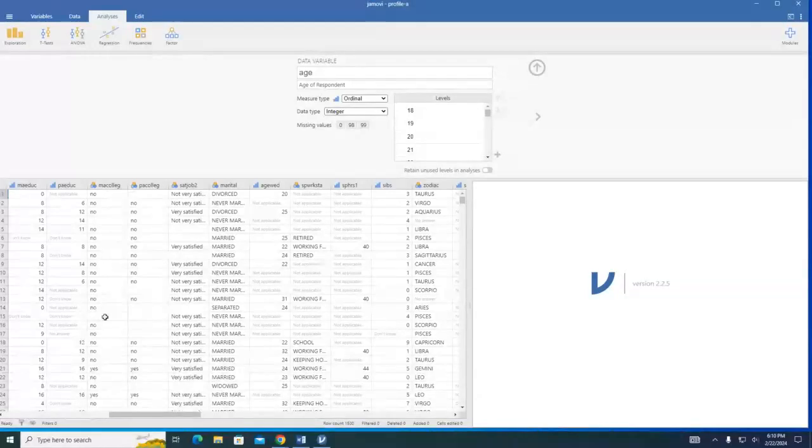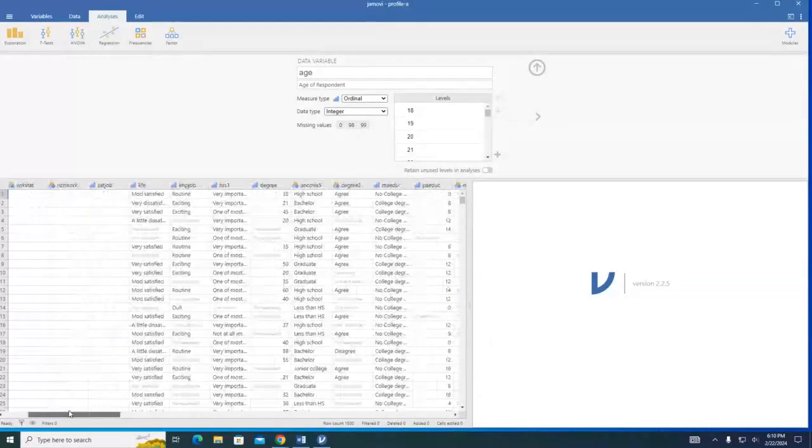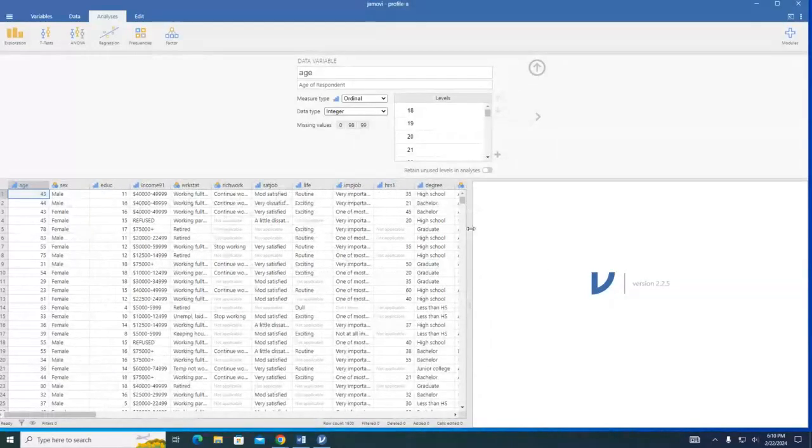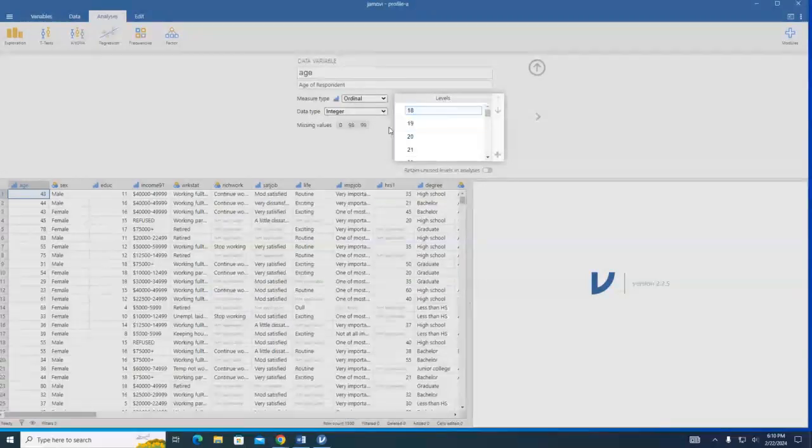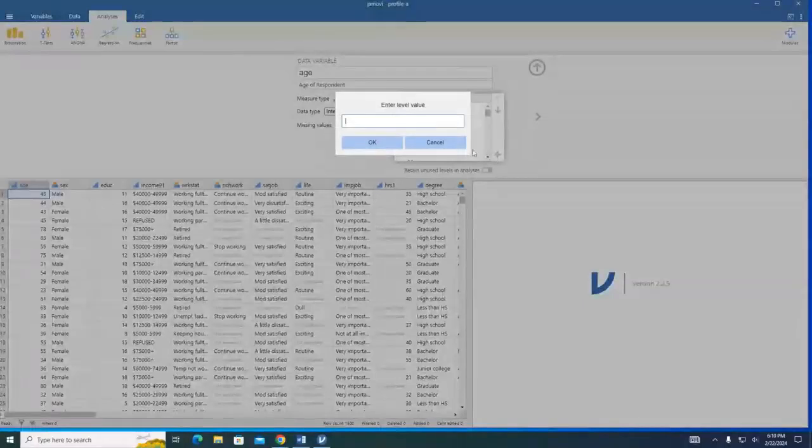Mac College, which is right here. And I'm going to scroll back over here to age. You're able to select the main variable. You're able to select the age of the respondent, so you give it your title. From here, you're able to select the level that you want, or you're able to add more. So for instance, here you're able to add, enter level. Let's say